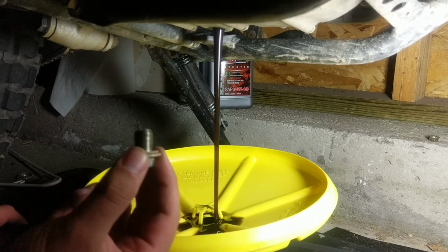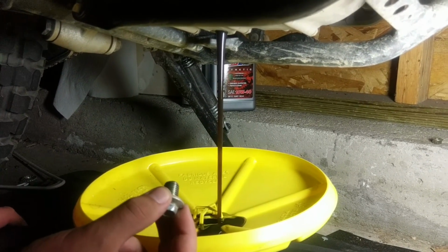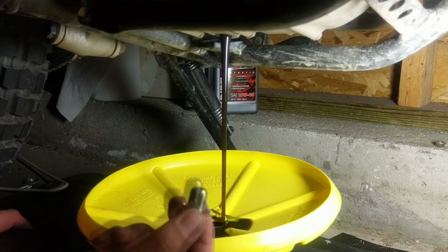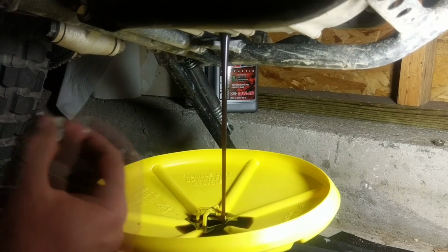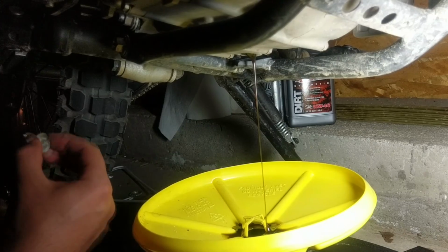So another thing I recommend, which I didn't grab one, but I always highly recommend magnetic drain plugs. It gets any metal parts and pieces in the engine floating around out of there, so that's always good too. That'll be my next purchase. Another thing I recommend is